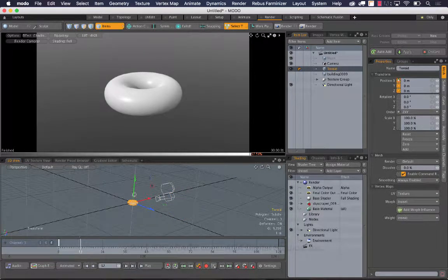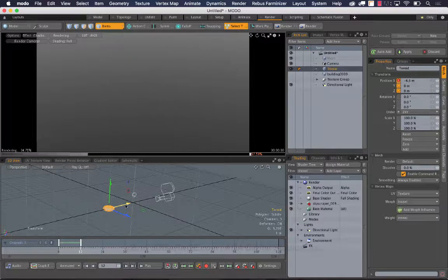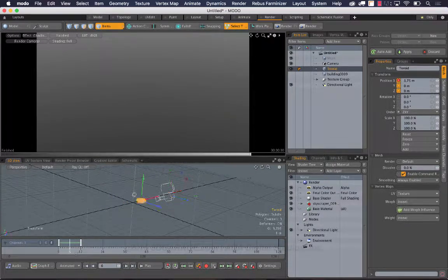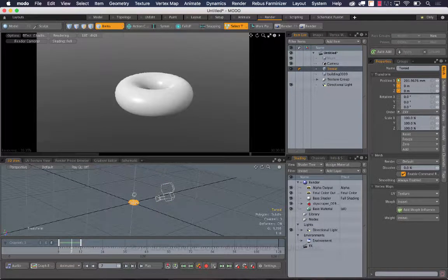All right, and I'm just going to do a quick little animation here. So we're going to go 12 here. We're going to go 0 here. So that means at about frame 6, it's in front of the camera. Okay, so with that moving fast across the screen, I'm not seeing anything now. But when I render,